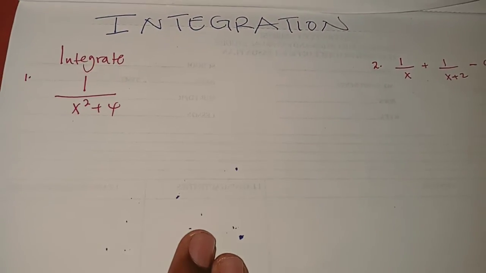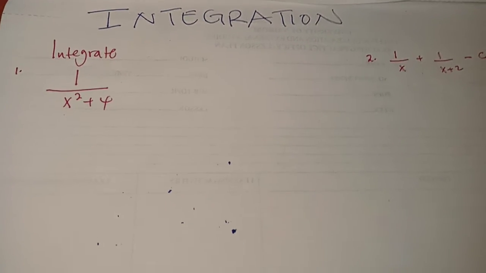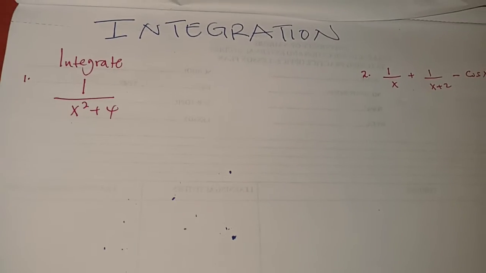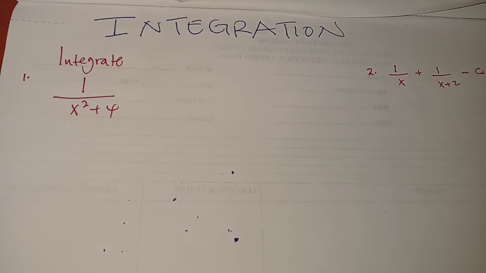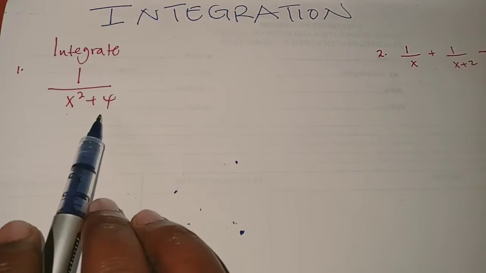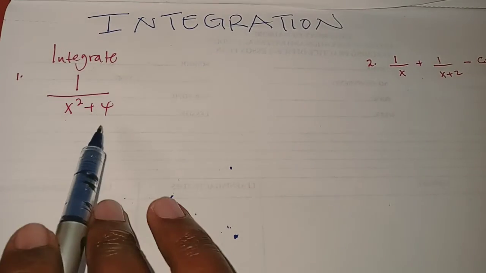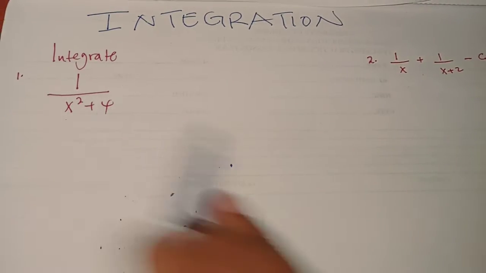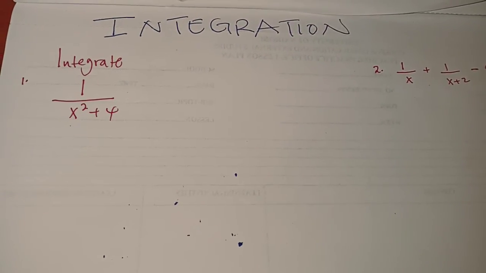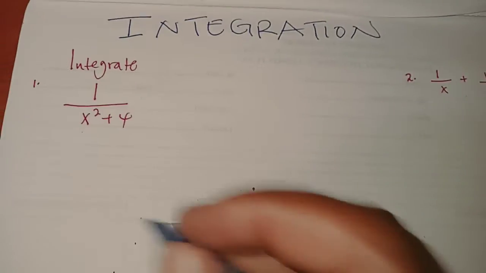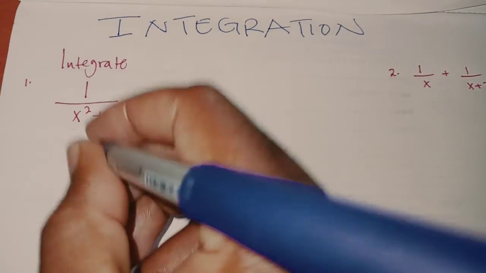And the first one requires us to remember the concept of the inverse of a trigonometric function, because the integral of this one is an inverse of tangent, and there is a way we relate this one to the inverse of a trigonometric function. And maybe to have a quick recap of that is